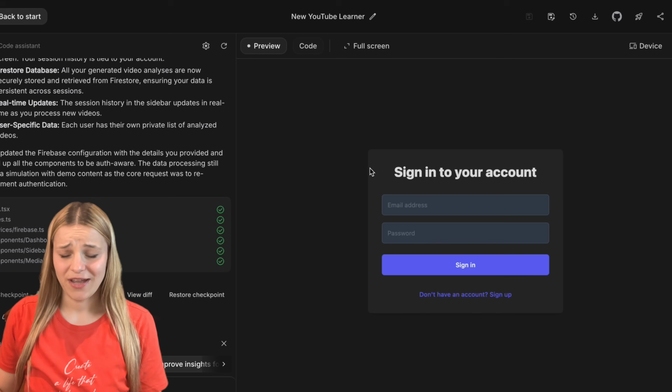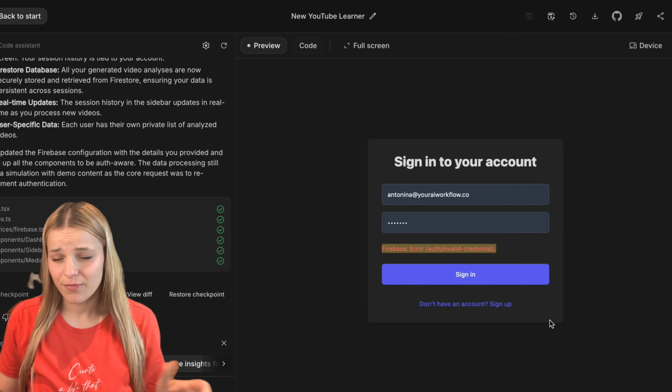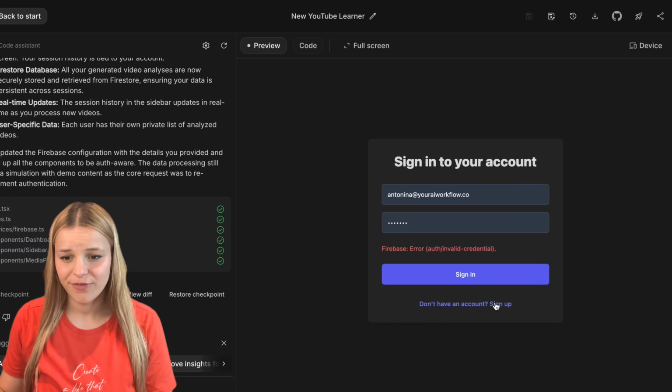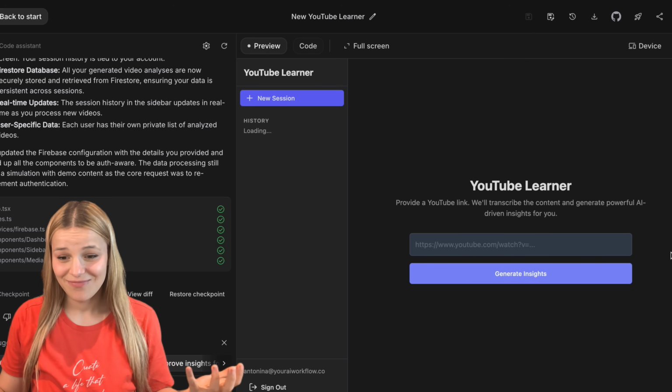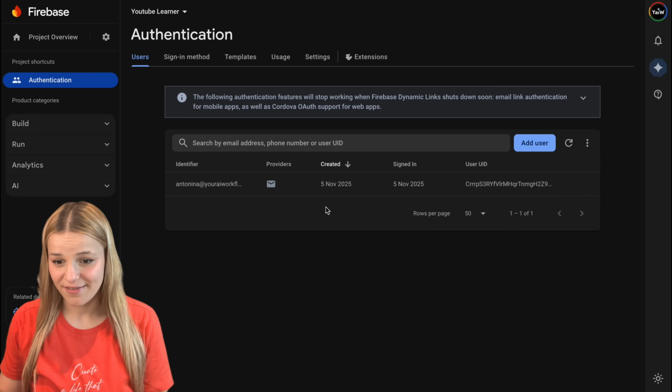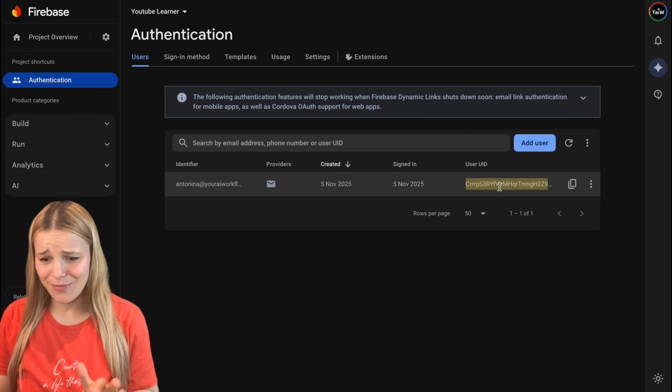Now that it's done, let's go ahead and sign in. Now, I'm not registered yet, so I'm going to get this error. So let's click to create a new account, enter our credentials, and now we're automatically signed in. In Firebase and Authentication setup, you'll see that I was just added as a user with my email and unique